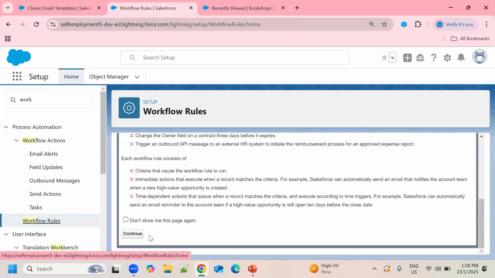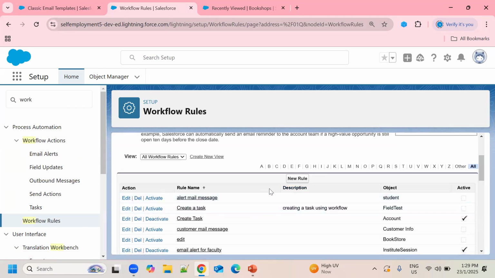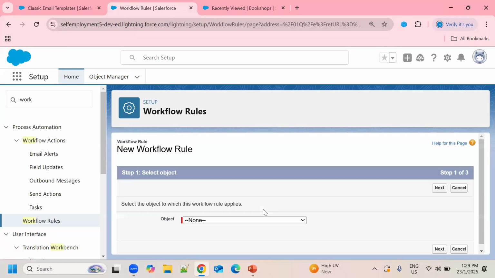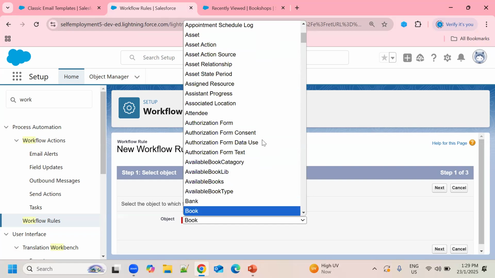I have made a video on workflow rules, so I'm just going to keep going. Just click on new rule, click on continue with flow rules. Okay, same thing I'm doing again. So my object name is bookshop.